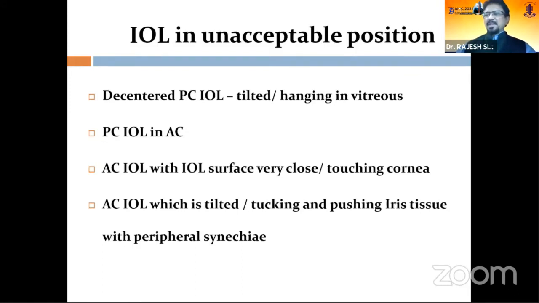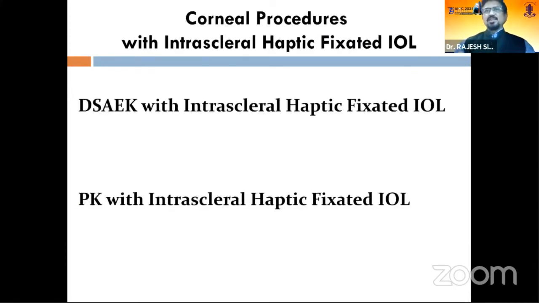So all these can be considered as IOL in unacceptable position, because the most acceptable position of the IOL is in the posterior chamber, wherein it is close to the nodal point of the eye, so that not only the refractive outcome is good, but also the distance from the endothelium is good, and every part is in the most physiological relationship with all the structures. So coming to the procedures that we can do,